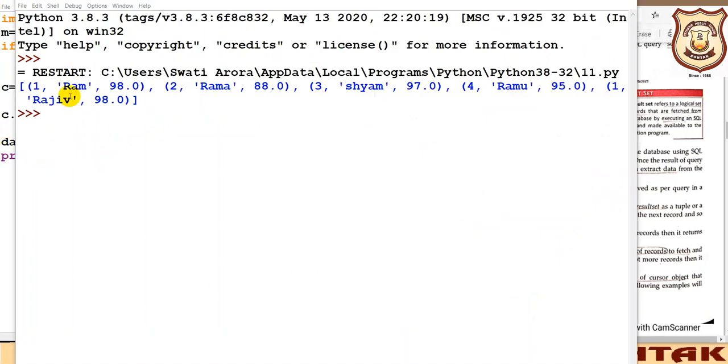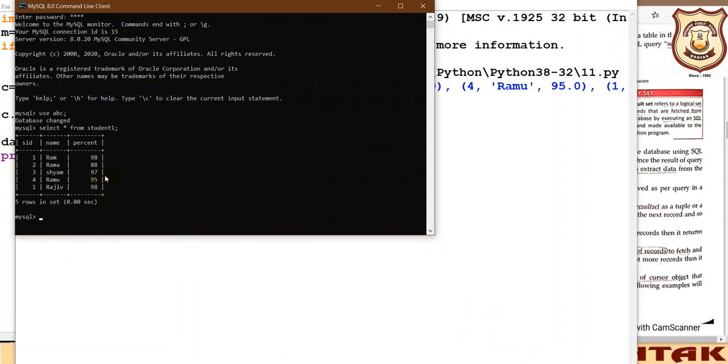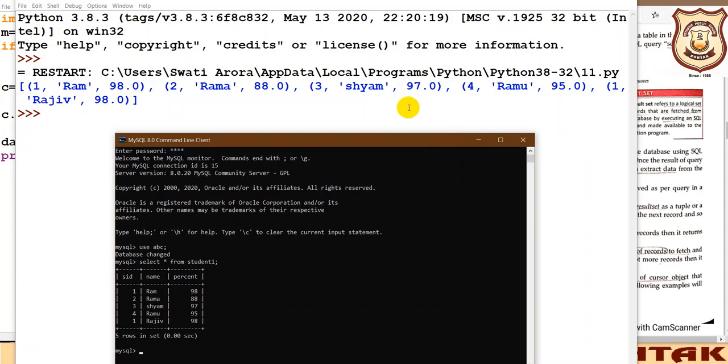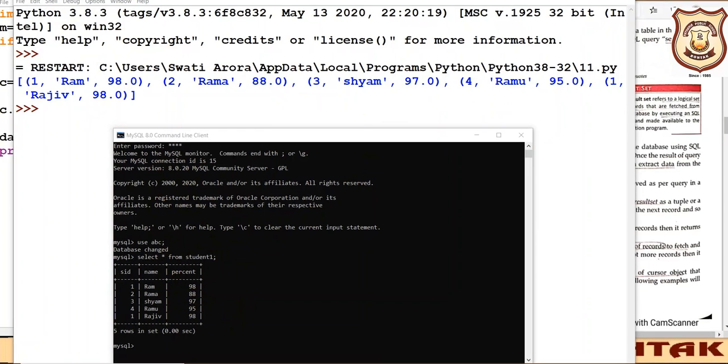Okay, so when we execute it, we'll get an output like this. Beta, we were having 5 tuples, as we have seen in MySQL also. 1, 2, 3, 4, 5 rows were there with the elements that you can see, and the similar type of data we have retrieved here. You can match it, the same data has come here as an output. I hope it is clear to you. So now next is your